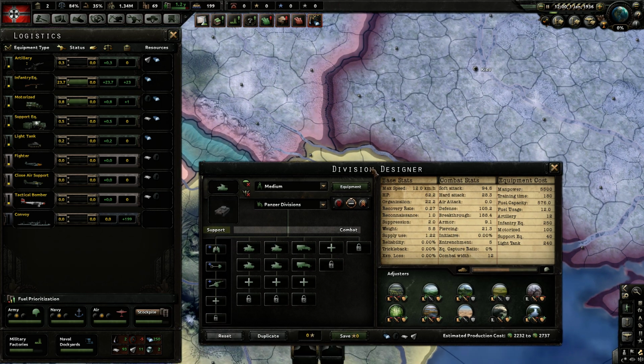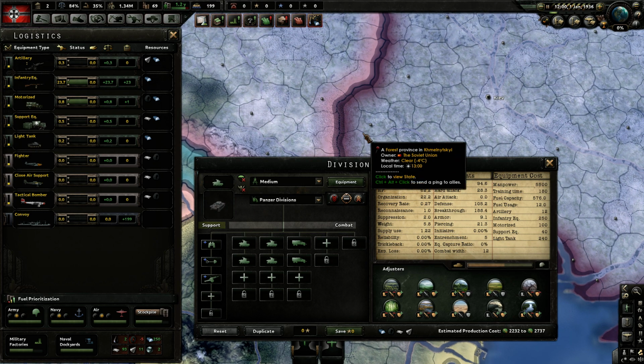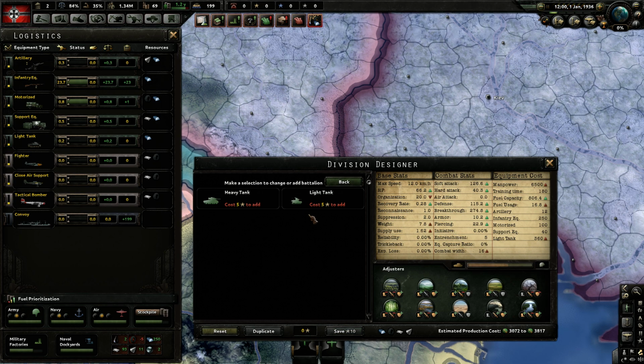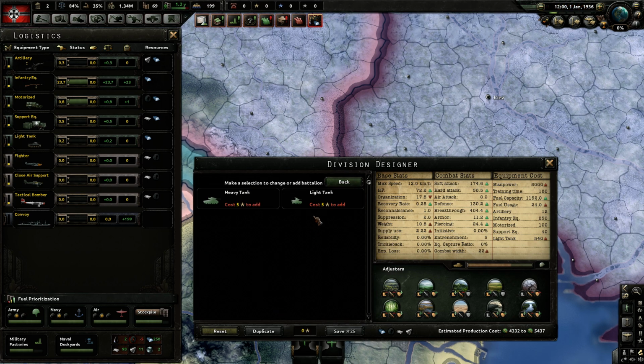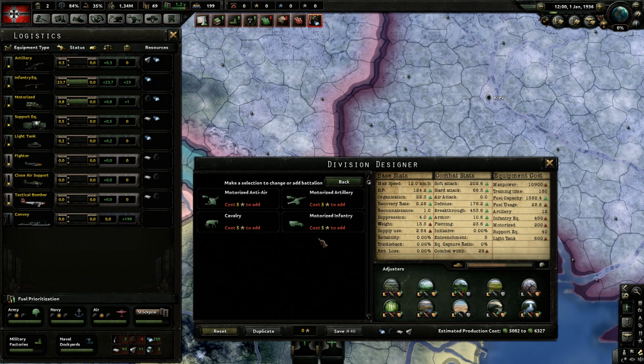I would probably say that the answer to your question would be I'd want 3 different types of divisions. I'd want, or maybe even 2, a heavy division and a light division. The light division would kind of look like this. It would just incorporate all light tanks. And the heavy division would incorporate medium and heavy tanks. Depending on what I had at hand, what country I'm playing, and